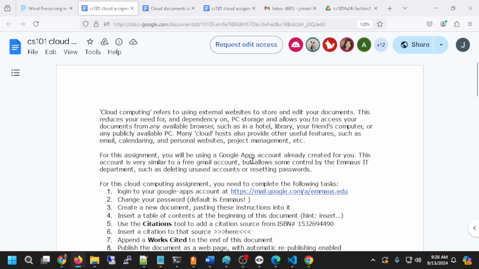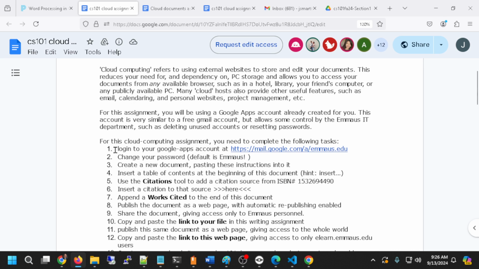Now, first of all, we need to log in, and we want to create our own document. We could try to edit this document. No, I'm not going to give you edit access, but they would see an email in their email box. I'm going to go figure out how to create my own. It does give me little instructions. I need to be logged into my account at